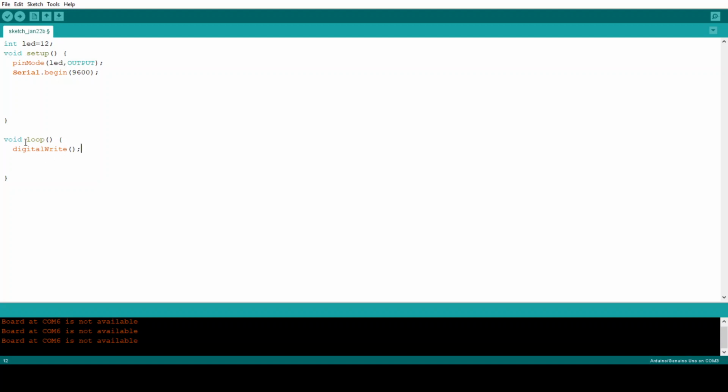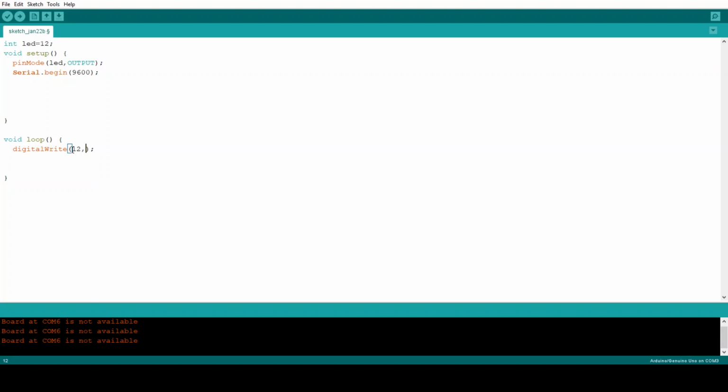Digital write means we have to initialize the LED pin, and here we declare whether the LED is glowing or not. Here the LED is connected to the 12th pin, right? So 12, comma.